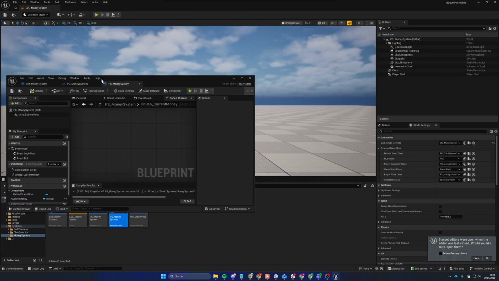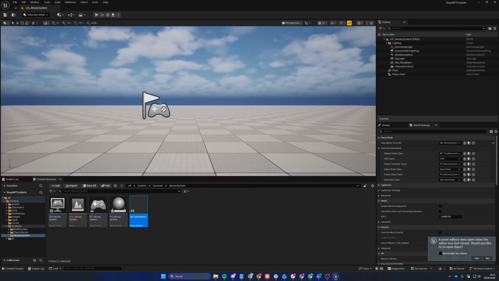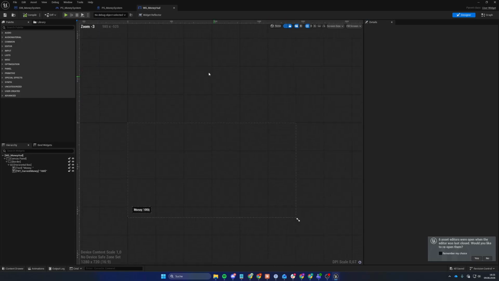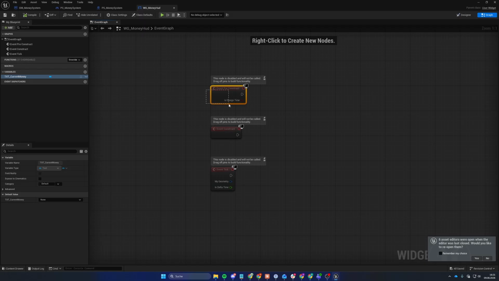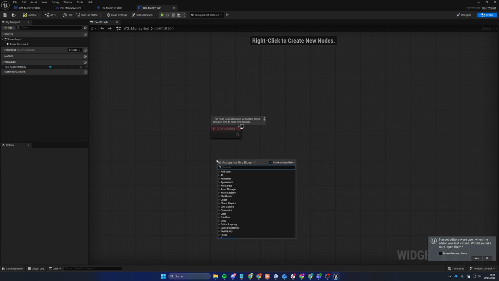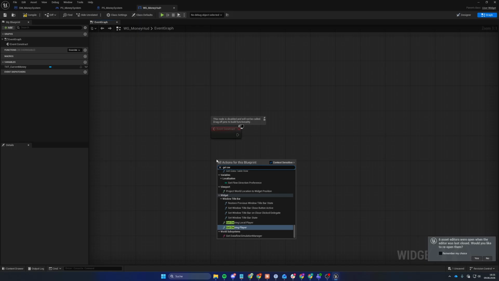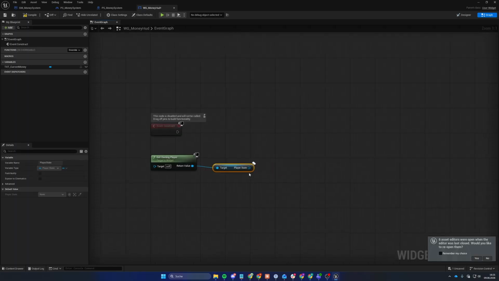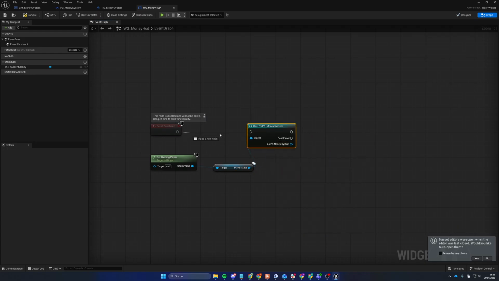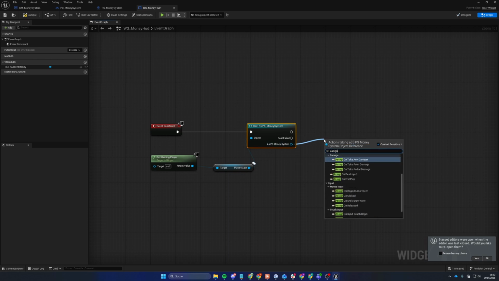basically. Because if we now go into our WB underscore money HUD and go into construct and now get owning player, that's the player controller, and every player controller has player state down here, which is this player state. So we can now cast to PS underscore money system like so, and we want to assign money changed, which will